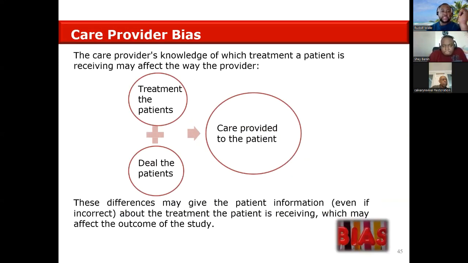Care provider bias. The care provider's knowledge of which treatment a patient is receiving may also affect the treatment. Think about a provider who sees that patient A is going to receive an active ingredient and patient B is not. He may choose to switch them, once they become aware, and also, given that he knows which group the patient will be assigned to,